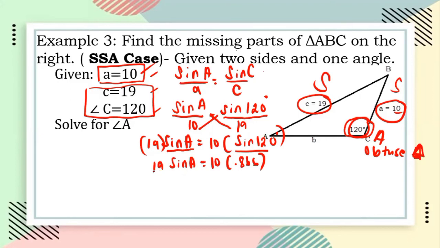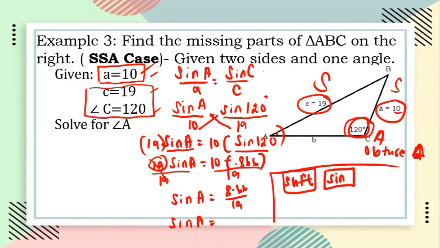Alright, so to eliminate the number beside sine A, which is 19, we have to divide both sides by 19. So we can cancel these and we can get the value of sine A. Alright, so multiply this one. You have 10 times 0.866. The answer is 8.66. Divided by 19, you have 8.66 divided by 19. The answer is 0.455. That is the ratio of sine A, but it is not yet final